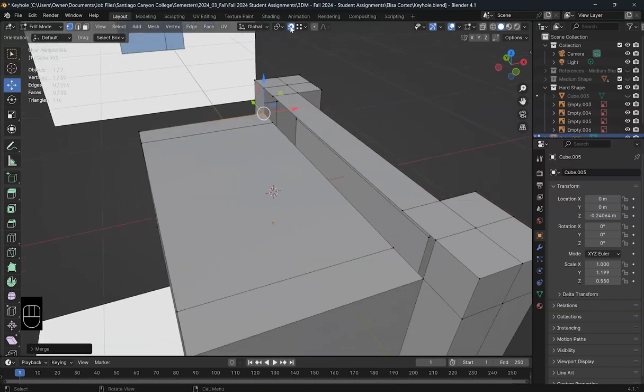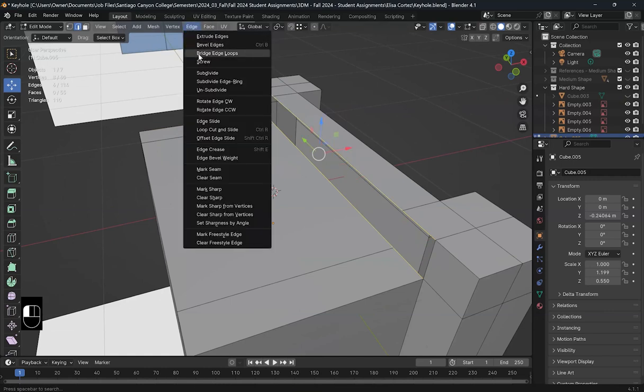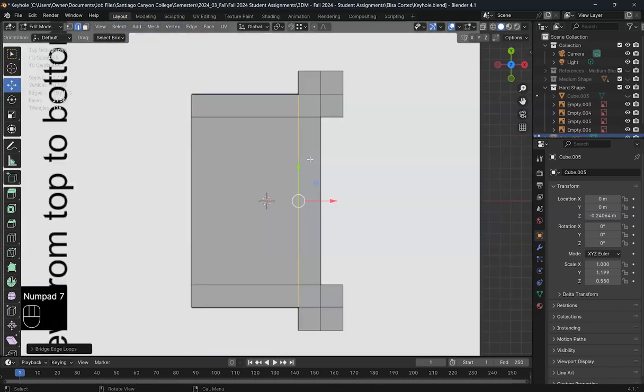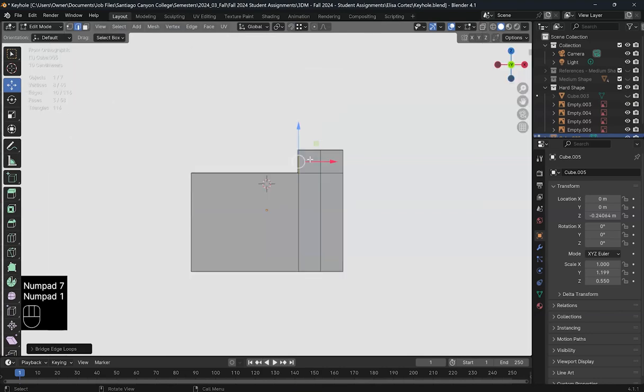I'm going to turn off snapping right now, just so nothing happens crazy. And so I can click, shift, shift, shift, shift, shift, and bridge edge loops. So now I have my top shape and I have my front shape, and now I can